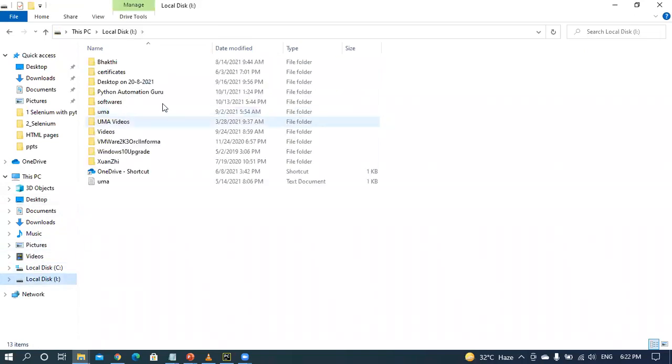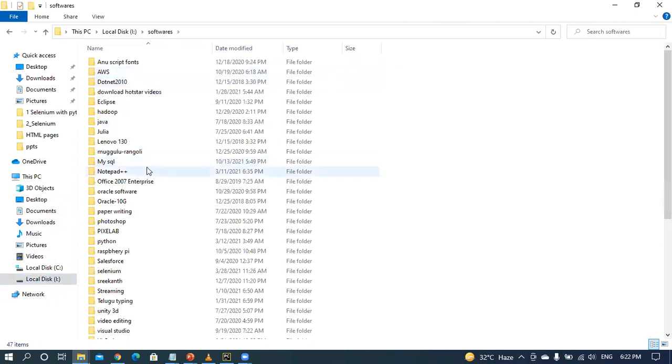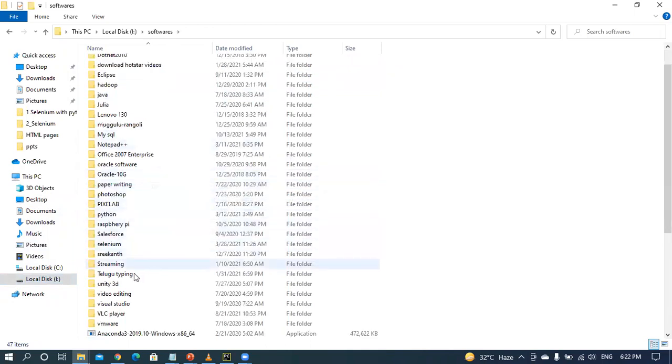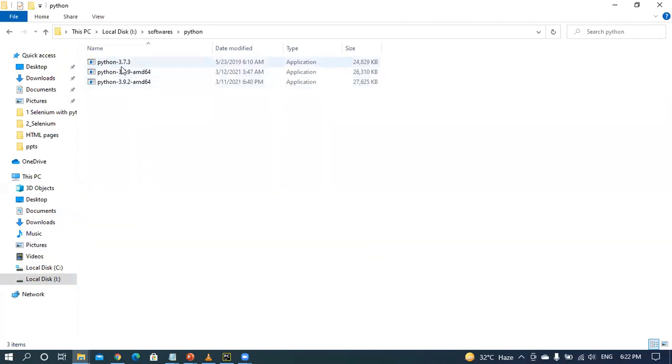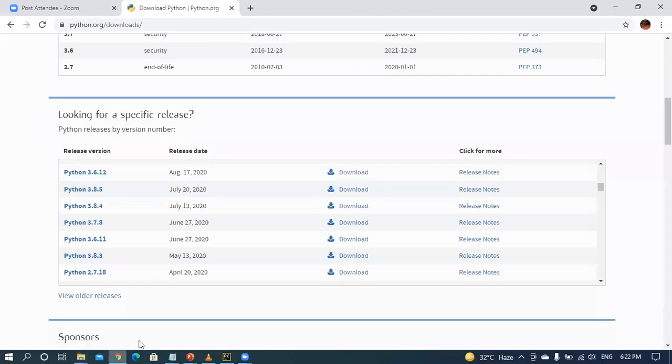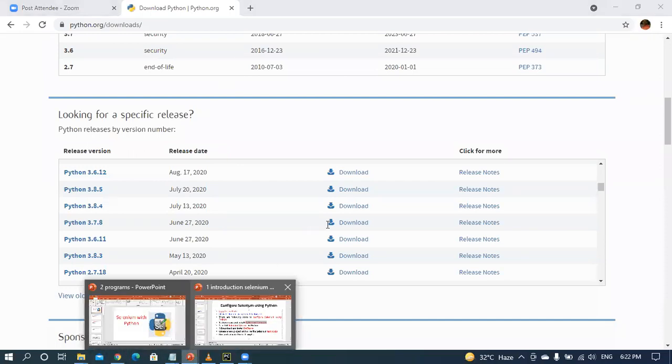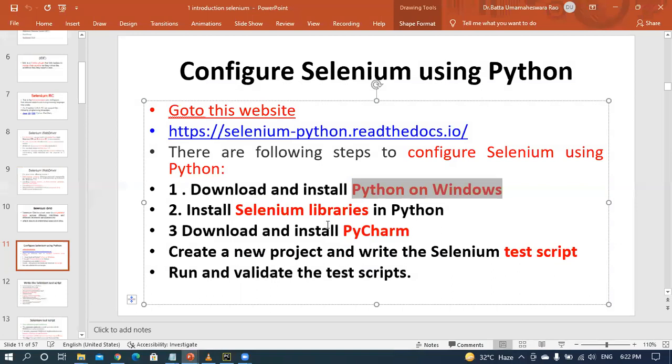First, install the Python programming. If you click on this one, you will have the Selenium Python like this. Here it will open Python like this, 3.7.3. If you click on this, it will ask us some next. After that, you will execute this program. That is the first step in Python. That means first you have to install Python.